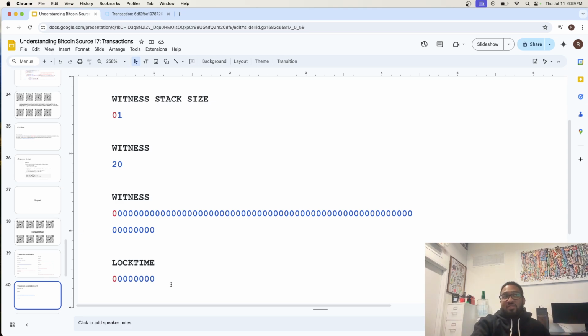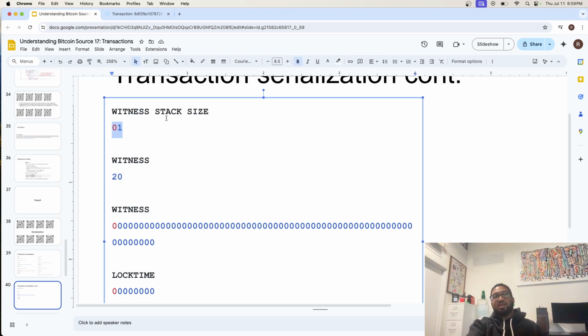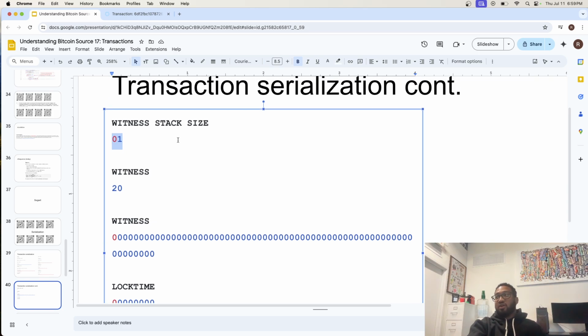But it's actually the end of your transaction over here, to make sure to delimit it as something that's completely separate from what's going to get hashed, right? This is more like an efficiency thing, and semantically, you don't want your witness grouped in with your previous inputs because all of that information needs to get hashed and made into a transaction ID. And one of the motivations for having a witness is keeping this separate, so you can have non-malleable transaction IDs. Yeah, so you're always going to have these things, right? Like the witness at the end, and it goes by the inputs that you have. So again, you don't need any delimiter for this.